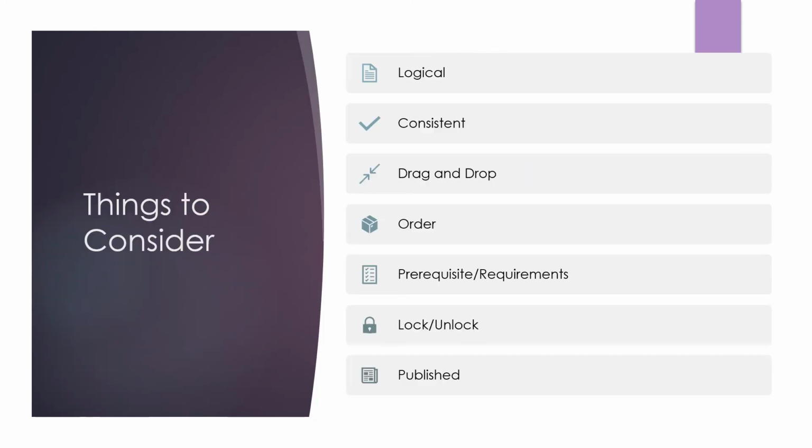That was just one example. You can be creative in your approach, but you'll want the structure to be logical for your students. Consistency is a plus, so if you have similar patterns, let that be your guide. Canvas has a drag and drop feature to allow you to change the order of your content or modules. Some instructors move the most current module to the top throughout the semester to aid students. There are ways to lock modules by date or use prerequisites or requirements. While I don't have time to show you these features today, I will include resources in the video description.